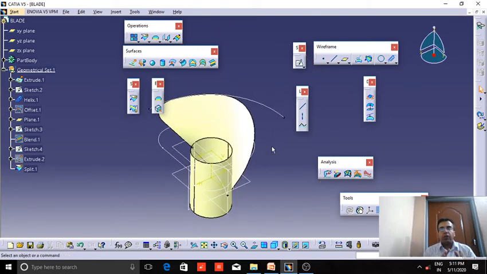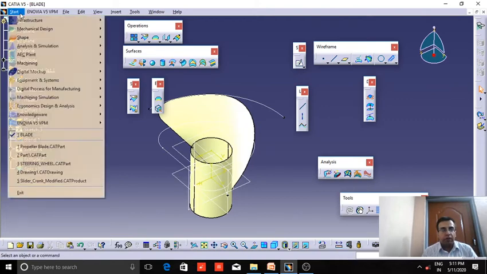Now up till now this part is a surface. We cannot obtain any volume or weight of a surface model. It is a hollowed out part, but in order to manufacture a product, it is important that it should have a weight and volume. And for this reason, we have to convert it into a solid.